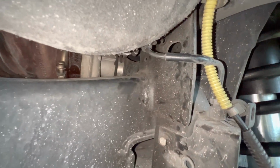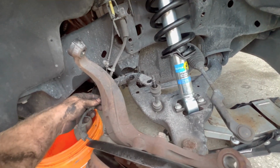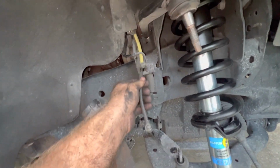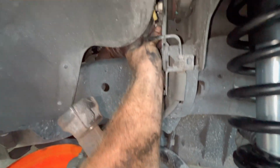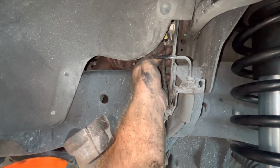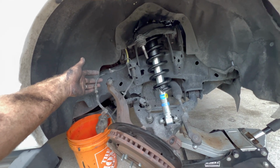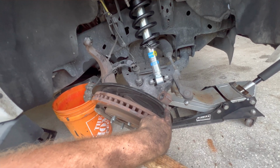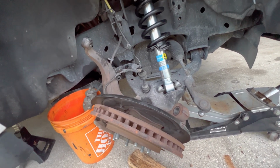I just popped it out of the hole up there, and this one right here, and then it's supposed to be looped this way, but when it dropped all the way down, it's easier to have it on the front, and then to pull this through here, because it is supposed to go like this. So just pop that out of there, pull it through here, just to give more slack whenever this goes down, because this has to rest on the ground. And I gotta straighten that out too, because I missed with my hammer. So yeah,